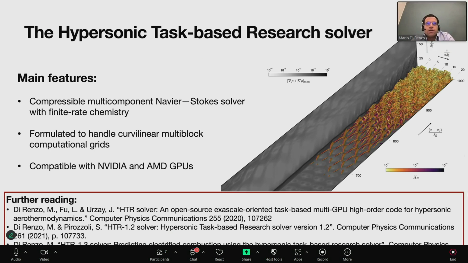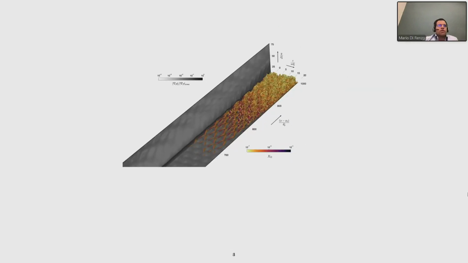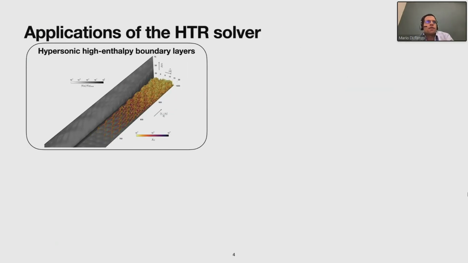It is formulated to handle curvilinear multi-block computational grids, so it can consider relatively complicated geometries, and is currently compatible with NVIDIA and AMD GPUs. And it has been natively implemented to use Legion. Now, as the name of the solver may suggest, the main intent when HTR was developed was to create a solver that was capable of solving hypersonic flows. In fact, its main application is the solution of hypersonic high enthalpy boundary layers,